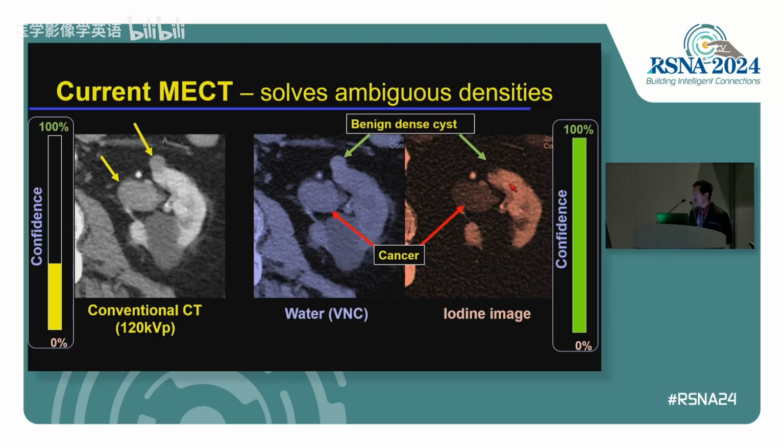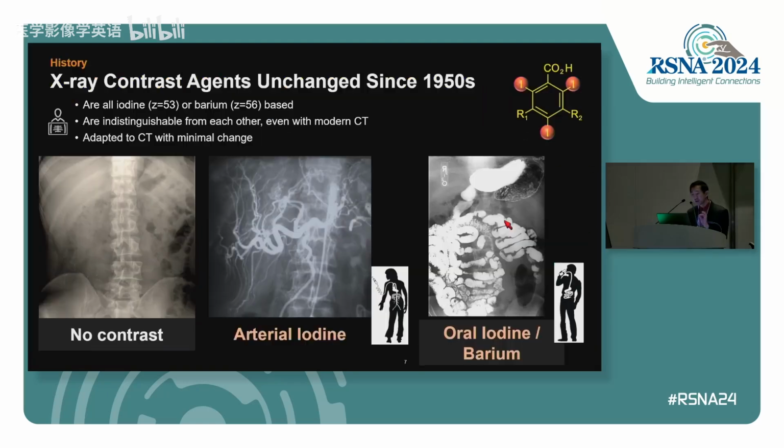That was a hyperdense cyst. So our confidence goes up. Our ability to distinguish entities is much better with the multi-energy scan. But a problem that we struggle with in regular CT as well as multi-energy is that the contrast agents that we